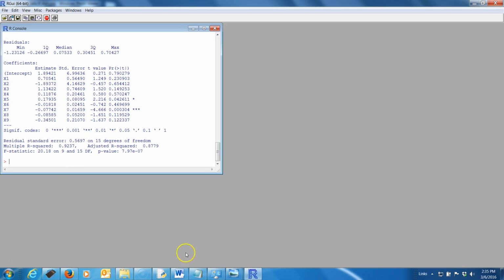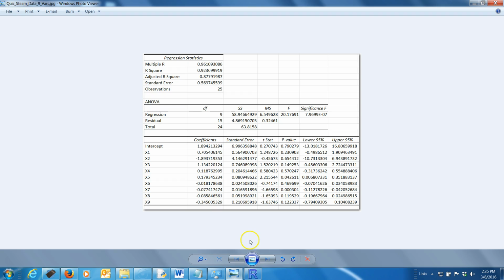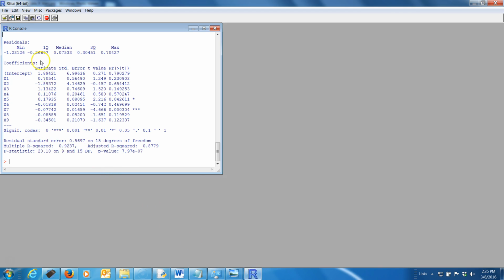92% R squared. We have a 92% R squared. The adjusted R squared, 87. Let's see what we get with R. The adjusted R squared is 87. So these are going to give us the exact same answers as before because it's a linear regression. So this is how you do a linear regression. And just to finish the process up,